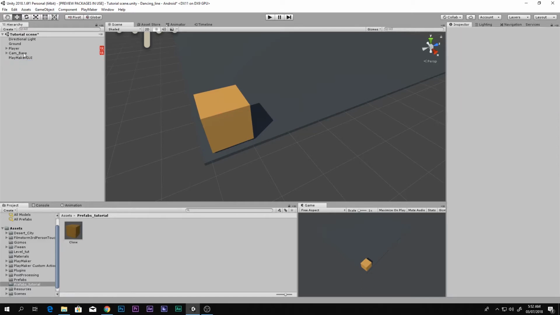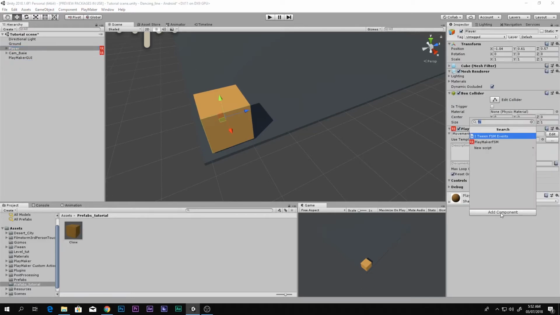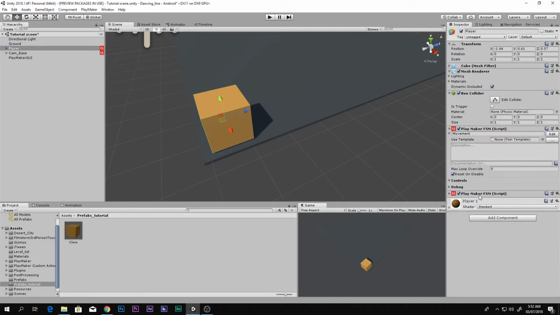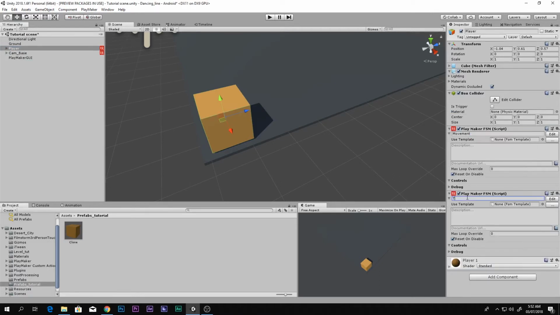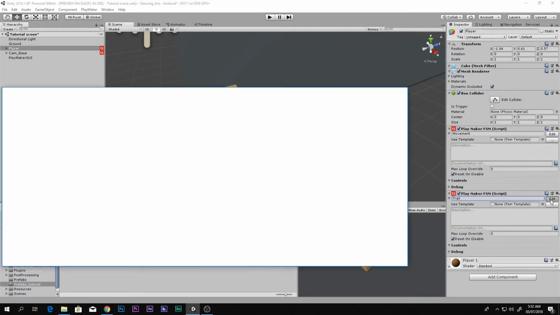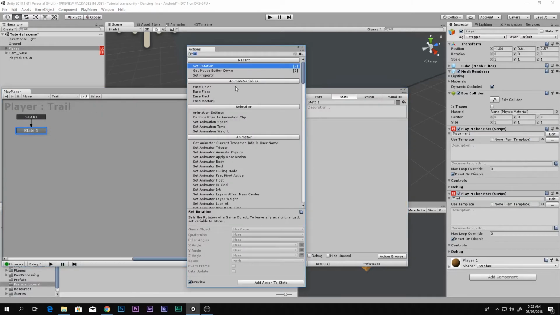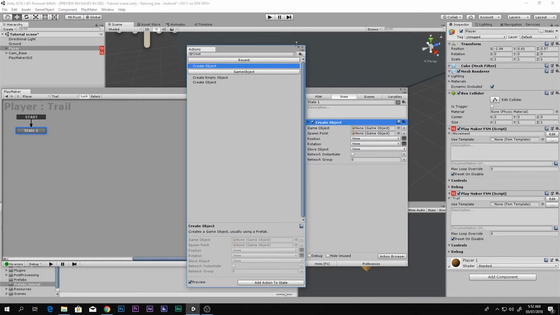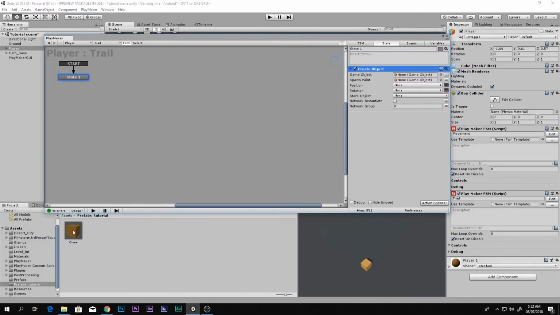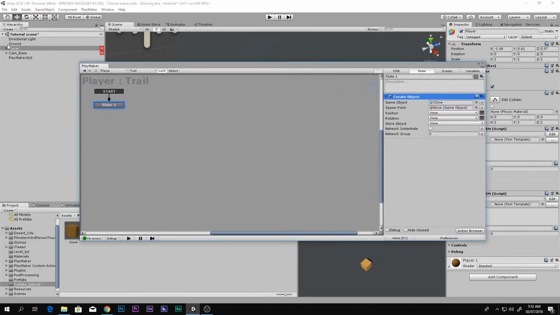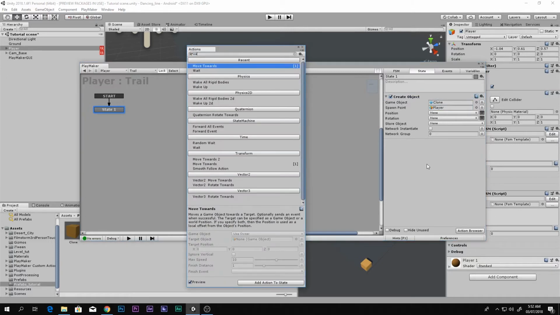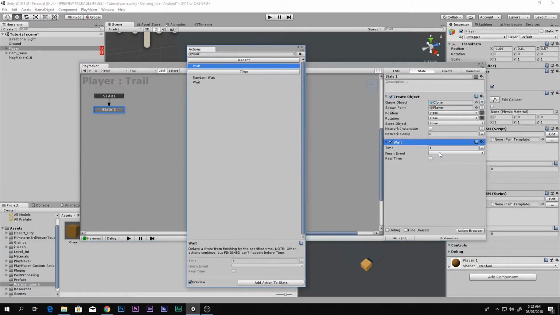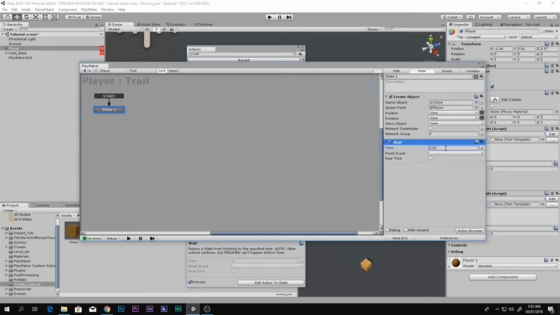Delete the clone from there, and you can go into camera, player, make an FSM out of it, and go ahead and call this FSM the trail, snake trail, dragon trail, whatever you want to say. And you can say create game object, and the game object which you want to create is the clone right in the place where the player is. So the game object is clone and the spawn point is player, as you can see. And we want to say wait for a little time, like 0.01, and then go to finished,